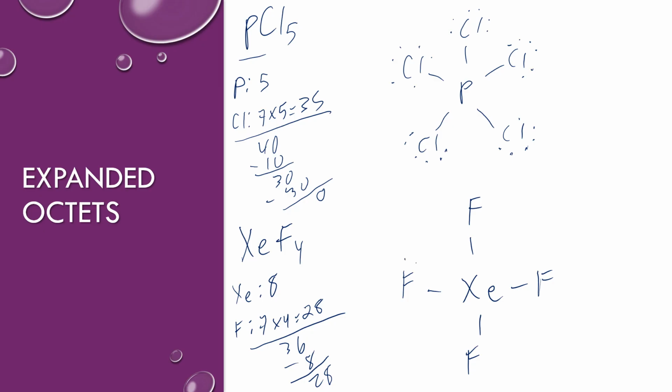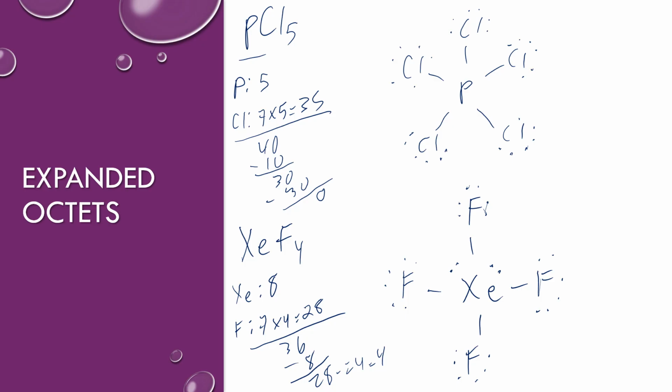So I used up 24 to fill up those octets. I have 4 left over. Well, anytime you have leftover, you have to put them on the central atom. So I have 2 lone pairs on the xenon,